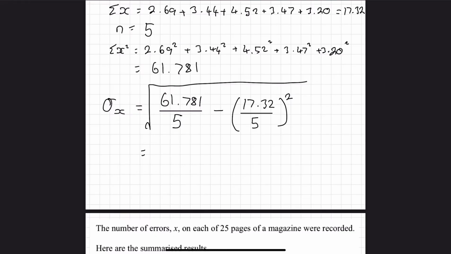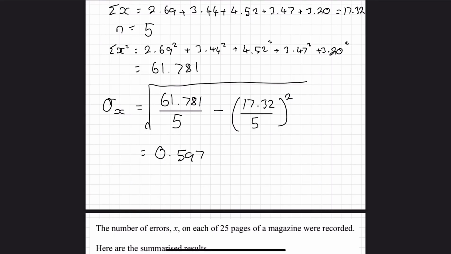So 61.781 over 5 minus 17.32 over 5 squared, and that gets us